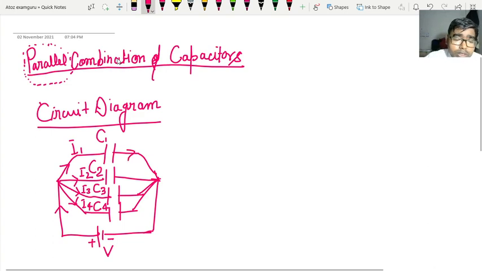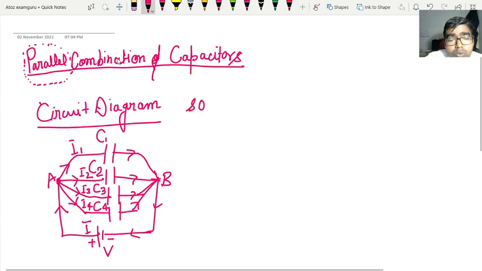So let us start more discussion. It is a voltage source and the current is going to flow from here. You will see that the current is going to divide here into four parts. The current emitting from the battery is I, and I is going to divide into four parts: I1, I2, I3, and I4. Let us assume it is A, it is B.